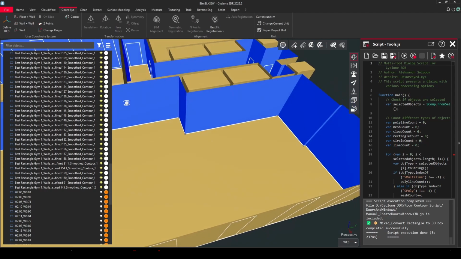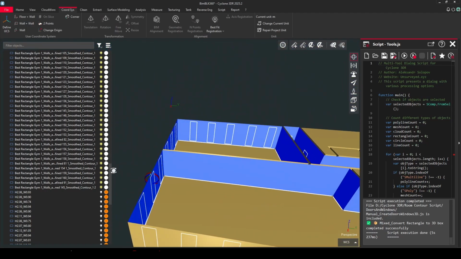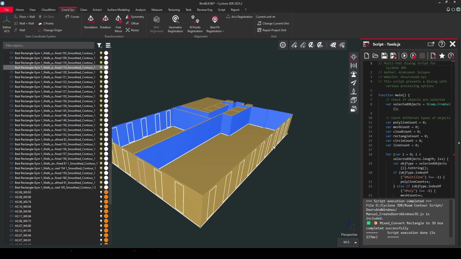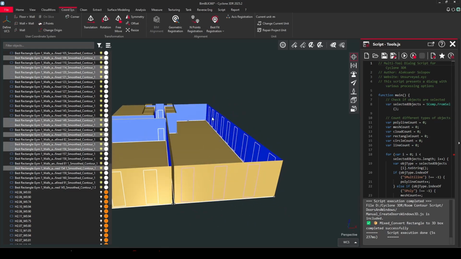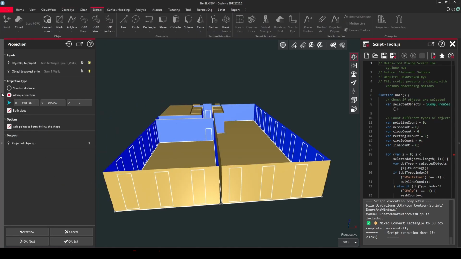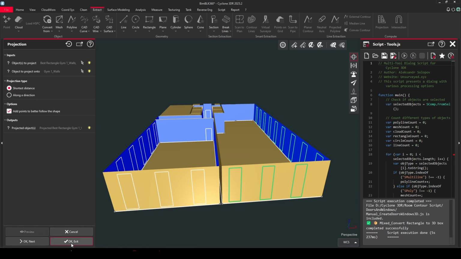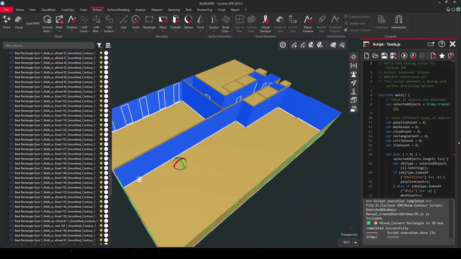So first step, we need to extract from the wall elements related to doors and windows. For that, you should select the relevant geometries, and then the mesh. Then run the standard tool, projection, choose shortest distance, and preview. So you will see that these geometry elements will be converted to polylines and they will be projected to this